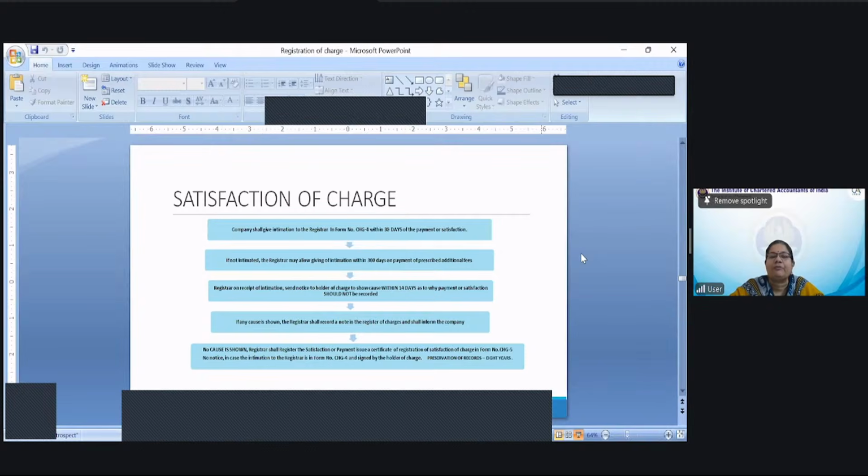It will be open with the charge ID and SRN number, everything visible there. Once it has been closed, this charge will not be visible, and only the existing loans will be visible. So this is called satisfaction of charge